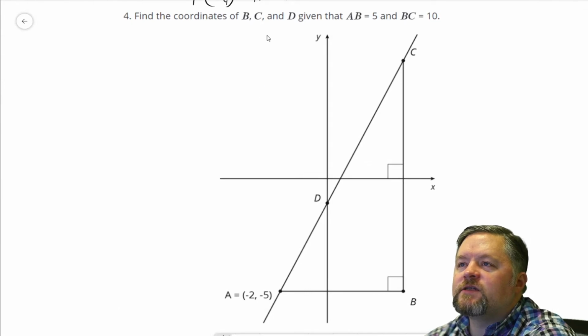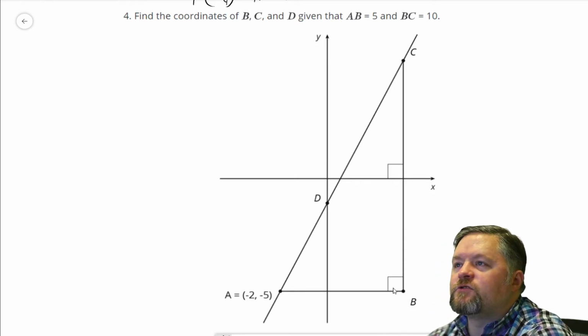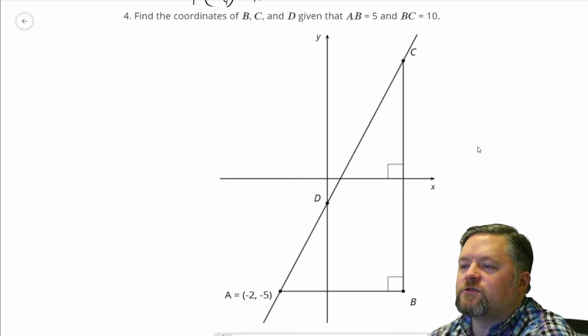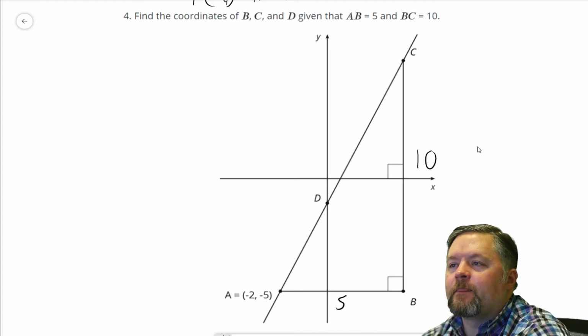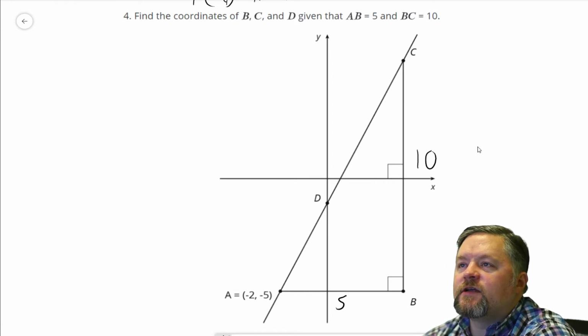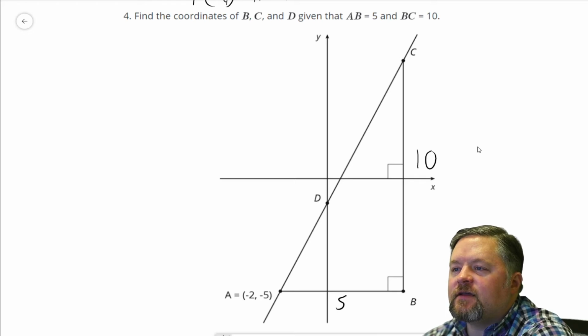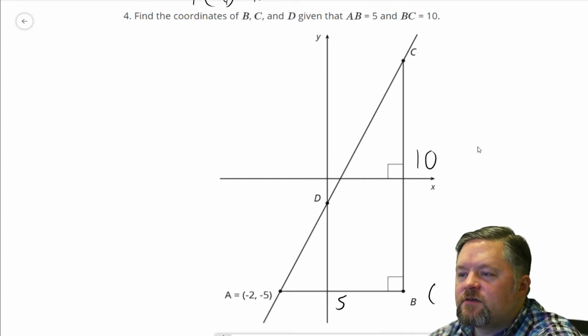Find the coordinates of B, C, and D, given that AB equals 5 and BC equals 10. So this is 5. This is 10. So if we want the coordinates of B, C, and D, B is pretty easy because,